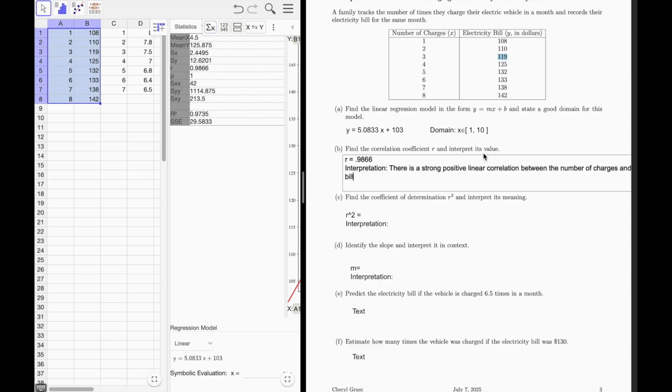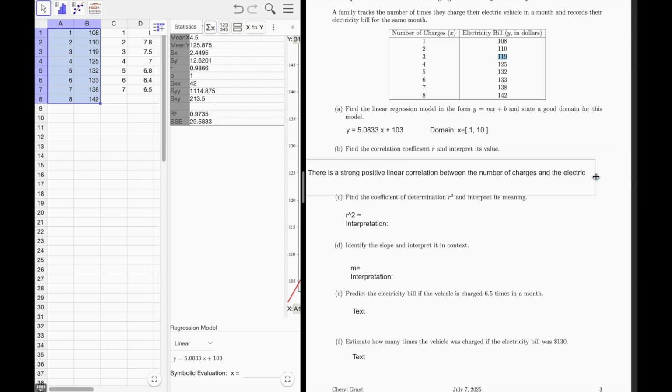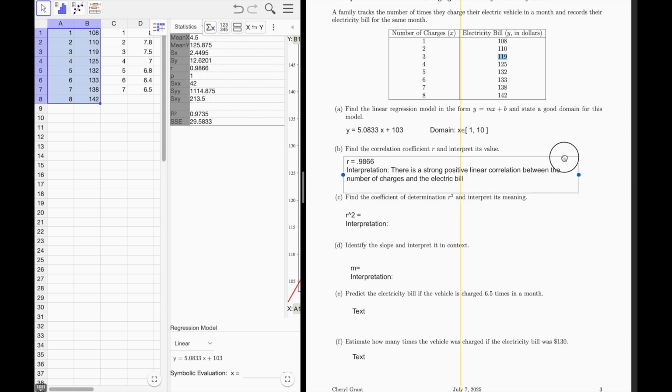Okay, I have to adjust this so you can see it. It ran off the screen. Sorry about that. Okay. Now for R squared, it says it's 0.9735. Now, remember what the coefficient of determination represents. It's how much of the variance in the y variable can be explained by the change in the x value. So we're going to say 97.35% of the variance